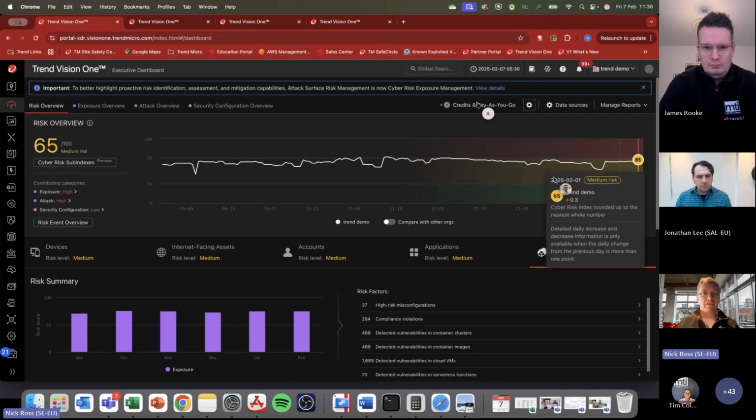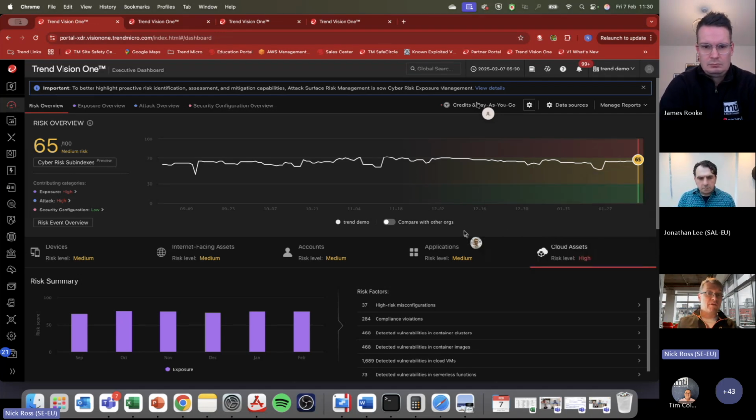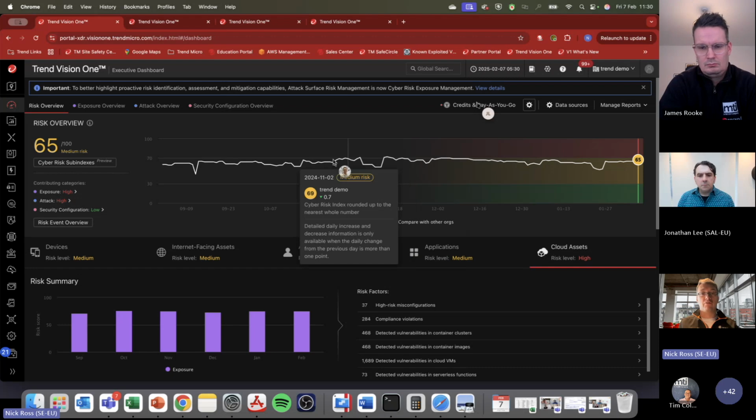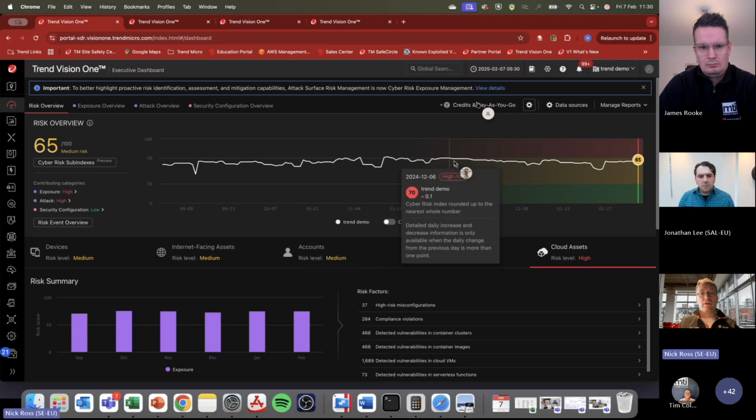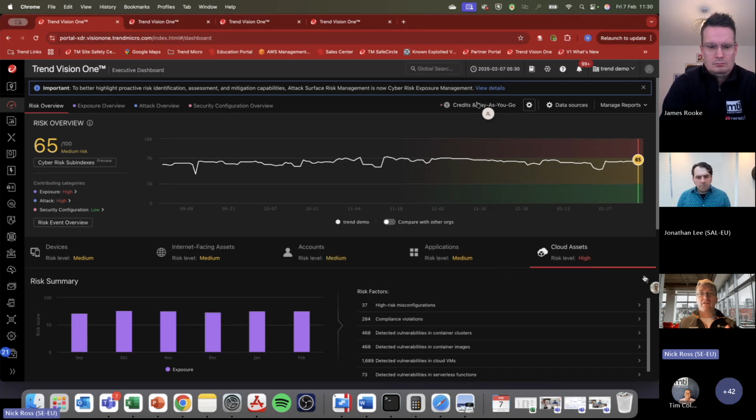What I really like about this executive dashboard is that I can compare myself to other similar organizations within the same territory, and I can plot over a period of time how my risk score goes up and down within the organization. So this is a bit of a gamification, I suppose, of risk management, where we're developing priorities and strategies to get our risk score down as low as possible. It's obviously a very helpful tool to be able to manage and track that.